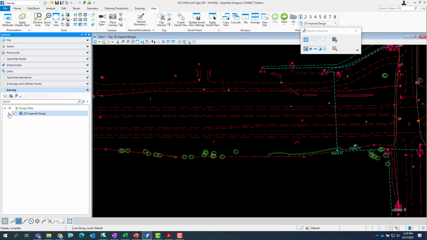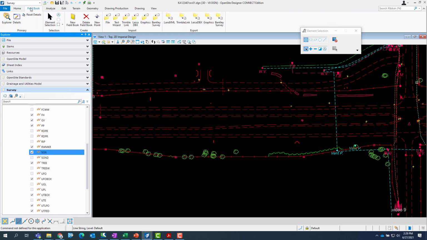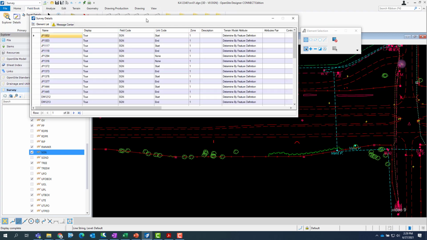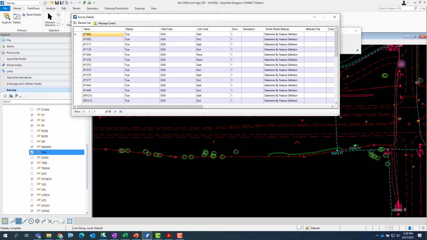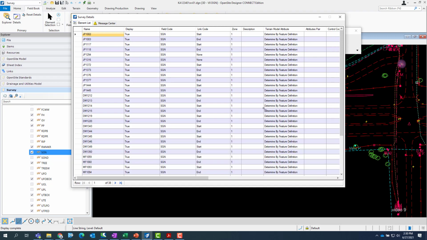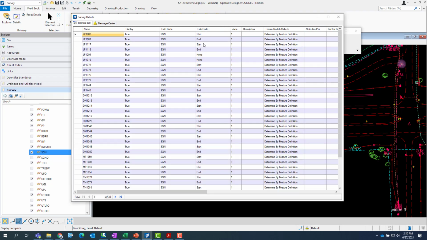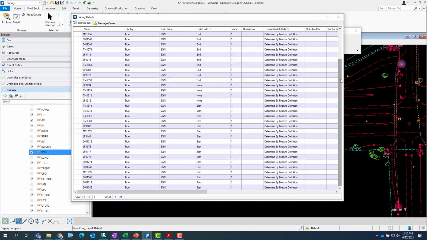and we look in Explorer for all point features, and let's look at these sign features, the details for that. And now in this details dialog box, we'll expand it to make it a little bit bigger. I'm going to sort by link code. So I'm just going to sort ascending,